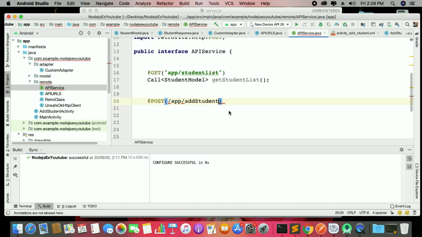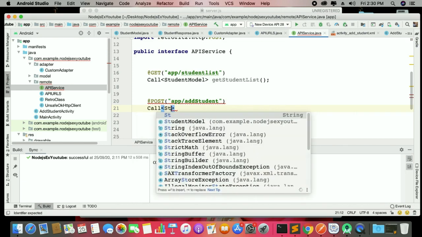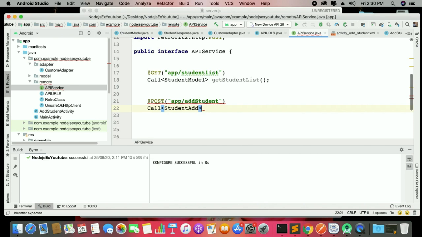parameters using the XML URL encoded, so we are using the body in the form of JSON. So it is a little bit different whenever you call that. So I will show you both. First today I'm giving you the body JSON, how you can work on it. So this is your call, and this is your student add, and we need to add the student, so you can say add student,